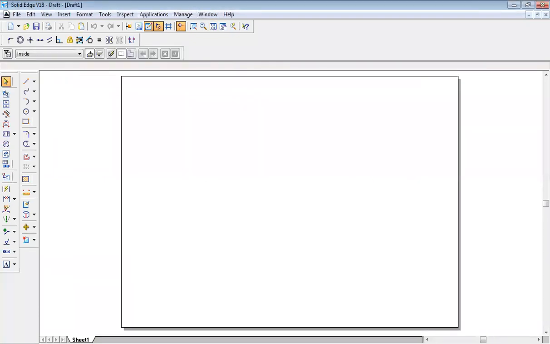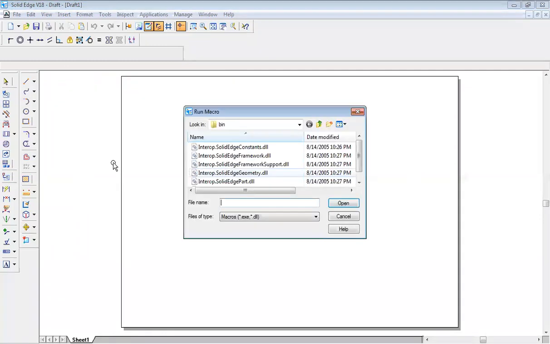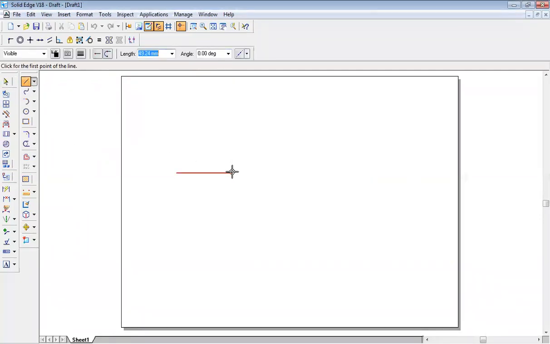Okay. So now let us construct a hexagon of 40 mm size. Here I don't want you to learn the shortcut method. I want you to construct it normally. Hexagon of 40 mm sides: 40 angle 0, 40 angle 60, 40 angle 120, 40 angle 180, 40 angle minus 120, 40 angle minus 60. So this hexagon I have constructed of 40 mm sides.